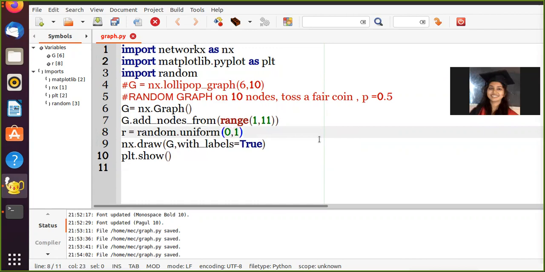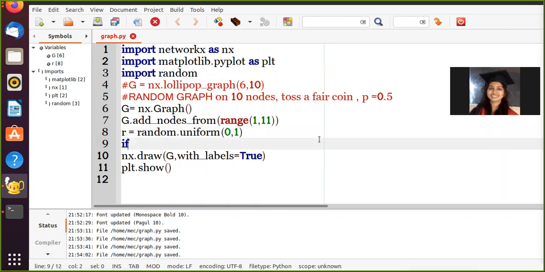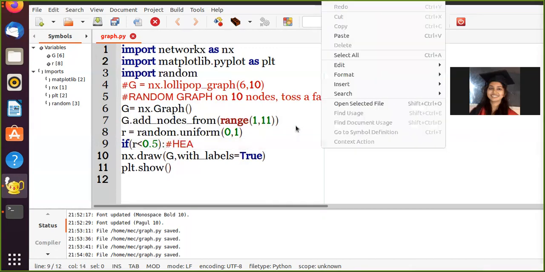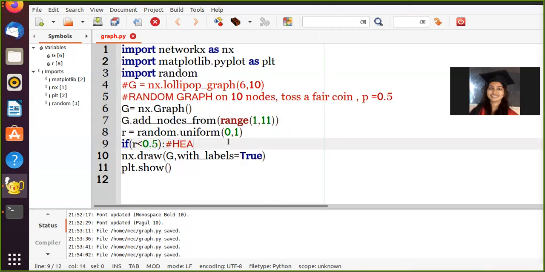This function will randomly choose a real number from 0 to 1, and it can help me simulate the tossing of a fair coin. So I say, if this random number is less than 0.5, I'm going to consider it as a head.